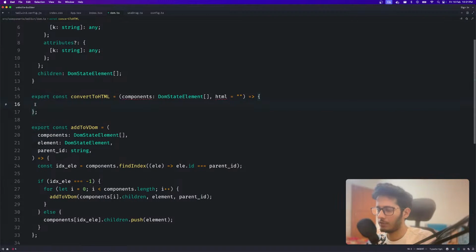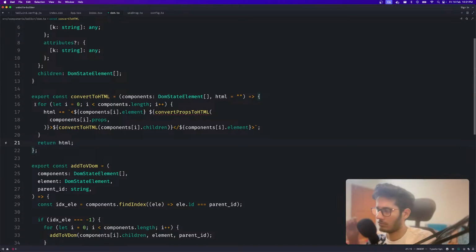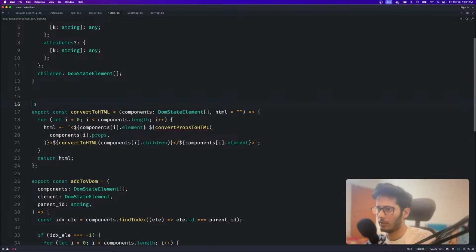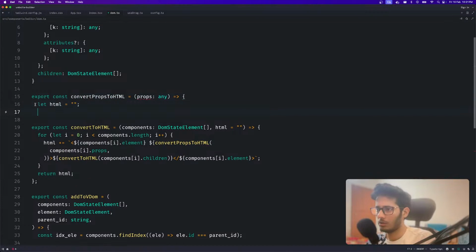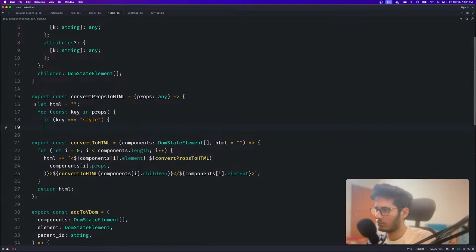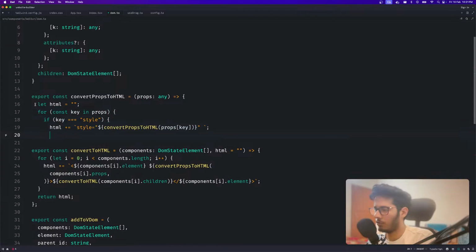Can it give me a function to do this? I don't know. Convert props to html. Do I have to write another function for this? Yeah, exactly. Bro, now you don't have to code. The code is done by,